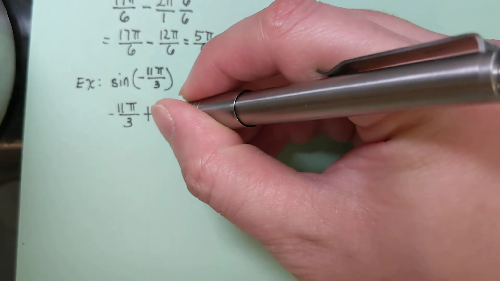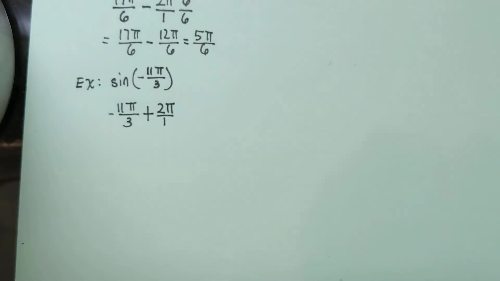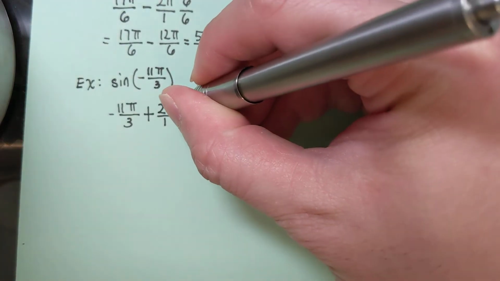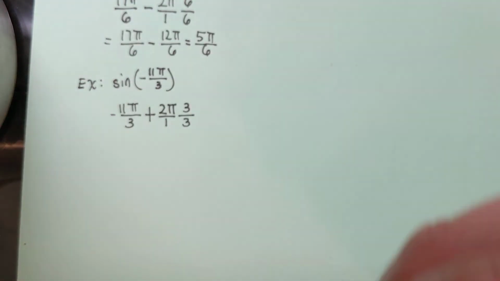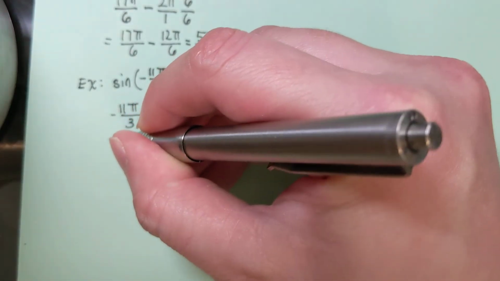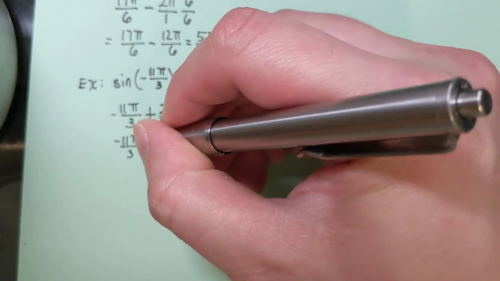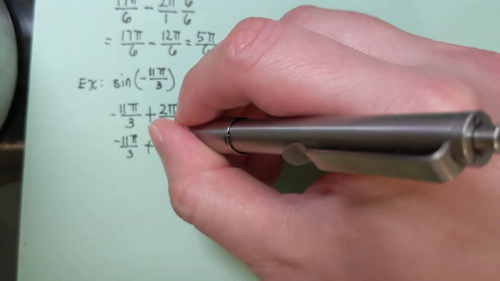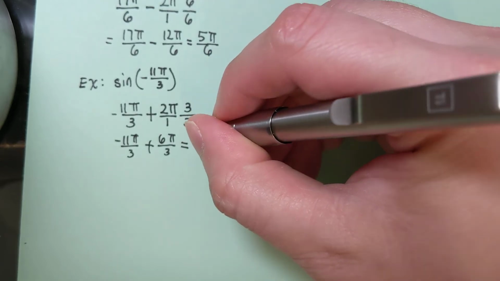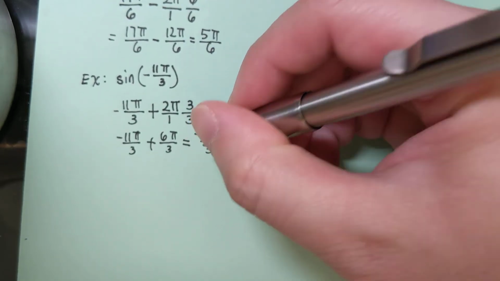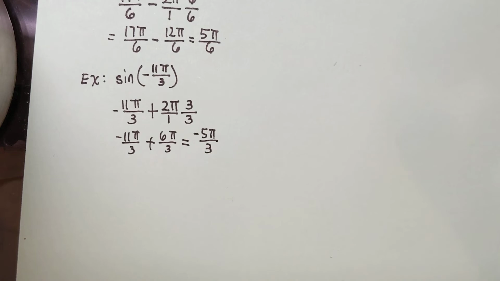We have to put it over 1 in order to find a common denominator, which is 3. So I'll multiply this by 3 over 3 to get negative 11 pi over 3 plus 6 pi over 3. And that will give me negative 5 pi over 3. As you can see, we still have a negative angle. And that's why I said at the beginning, I know it takes more than 1 rotation for it to become